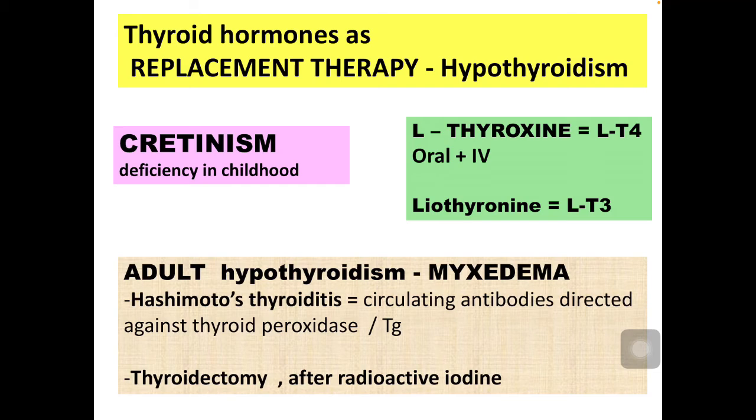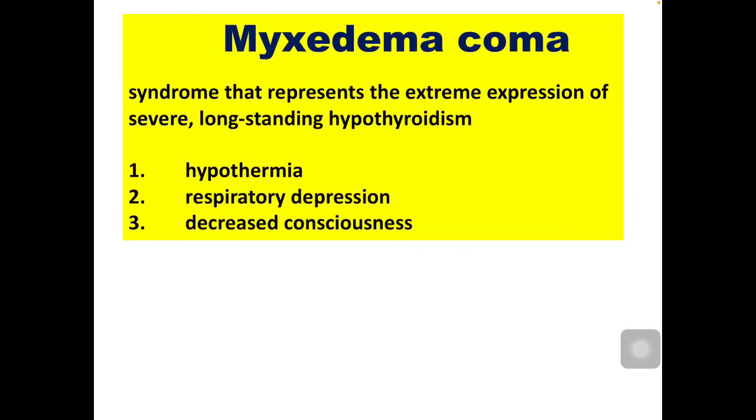Adult hypothyroidism is myxedema. Again, it could be due to Hashimoto's thyroiditis or thyroidectomy or after radioactive iodine. So if due to any cause the thyroid gland is destroyed, then it is not able to produce sufficient amount of thyroid hormones and we need to supply external thyroid hormones in such conditions. Again for the same we mainly use levothyroxine, LT4, by oral route. Liothyronine, L3, is also available. It is mainly used in only one condition, and that is myxedema coma, which we'll see in the next few slides. So the next slide is myxedema coma.